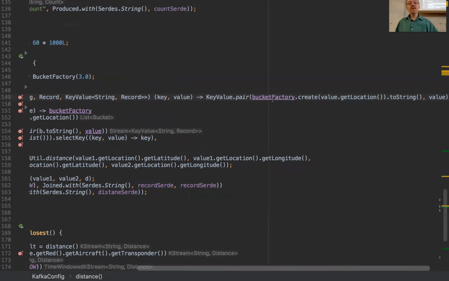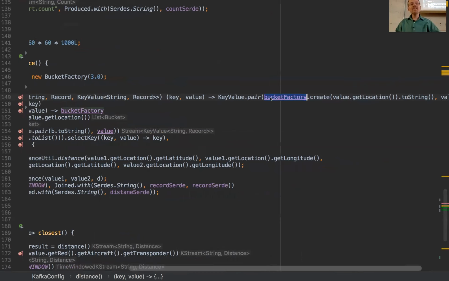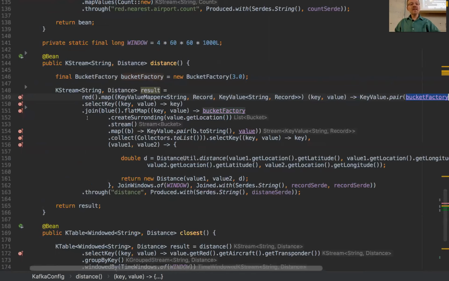So I wrote a class called Bucket Factory that gives me my 3x3 grid. Wherever that red plane is within that grid, I'll get the same value back. So all the planes in that red grid, as I showed in my slides, get mapped to the same key. I then select that as the key, and then I join to the blue planes.